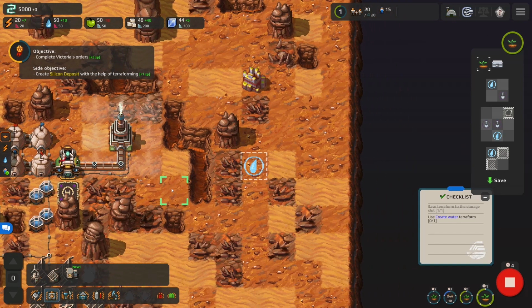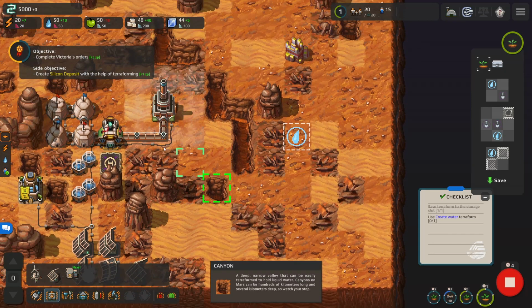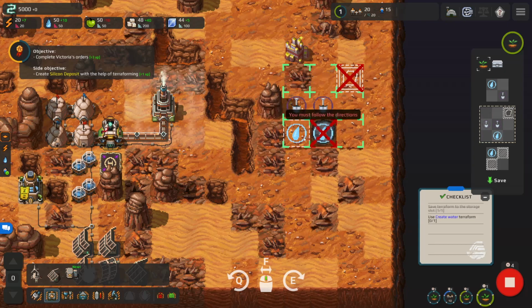Now, the big problem here is that the water which we are supposed to use here is on the other side of the canyon. But also there is a wasteland, and here's also wasteland. And no, there's a canyon in fact. So we can't cross it. We need to terraform our way through here. And that's going to be a challenge, I guess. So we can find a good spot to...